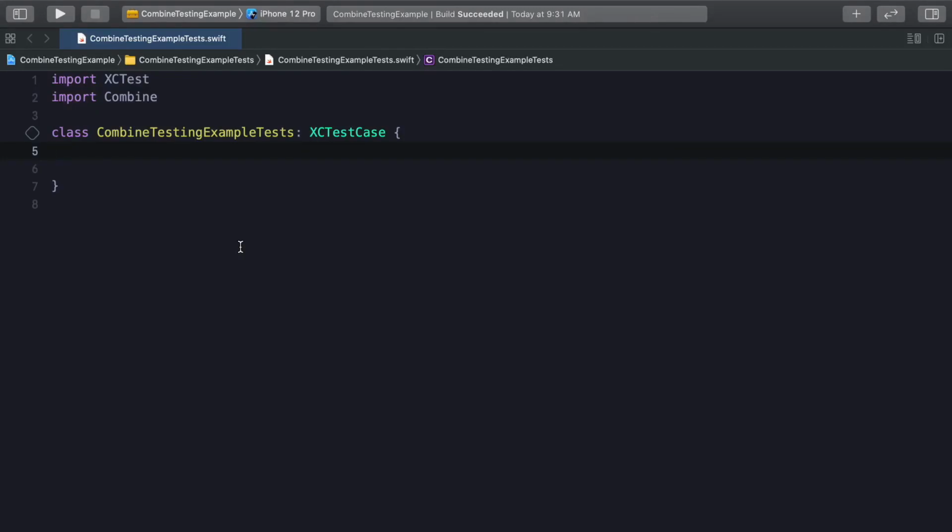So let's talk about how to test combined publishers. Here I'm working in a test target so we can explore some different strategies we can use when testing combined publishers. So we're going to start with a function to test a simple publisher. And it's worth noting that some of the strategies we're going to use are just going to essentially be contrived